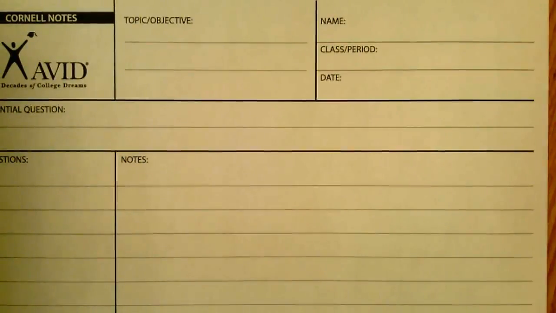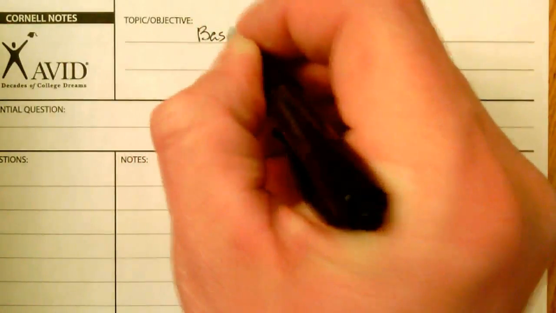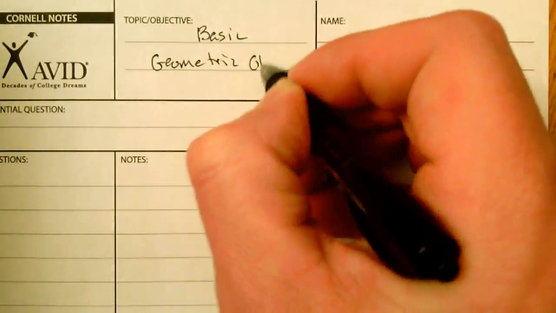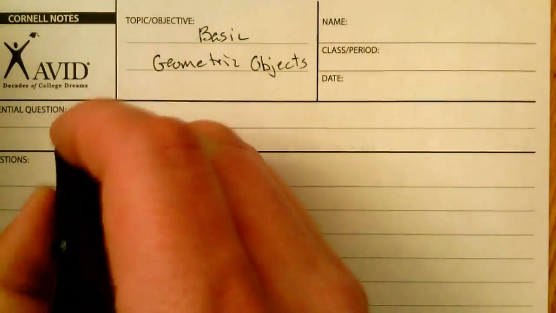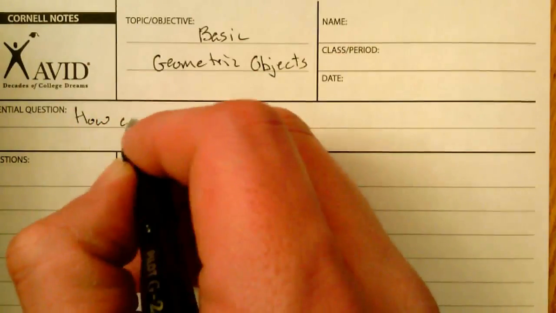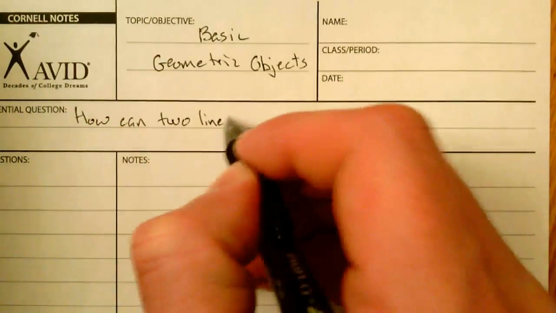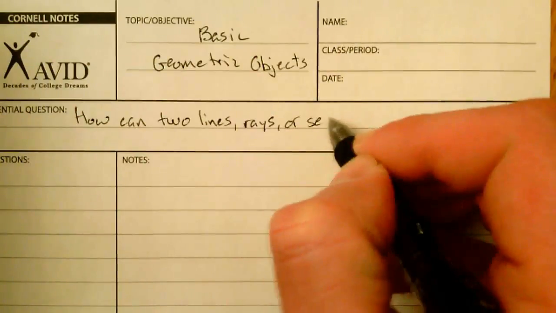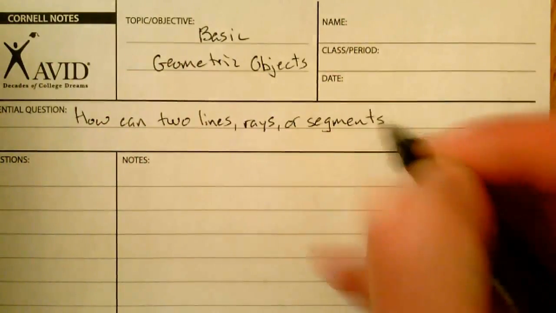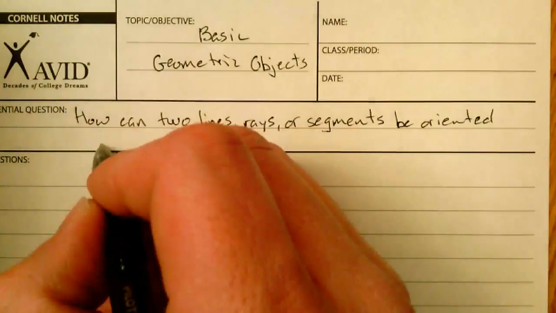All right. In this set of notes, we're again going to be looking at basic geometric objects. Here, we're going to ask, how can two lines, rays, or segments be oriented in space